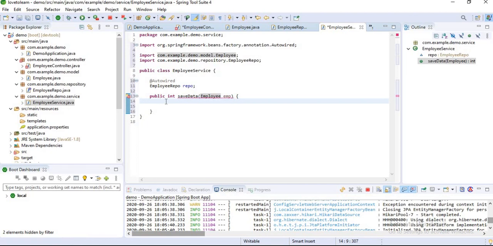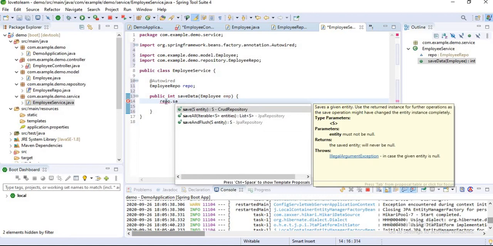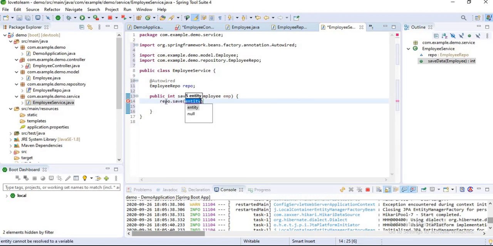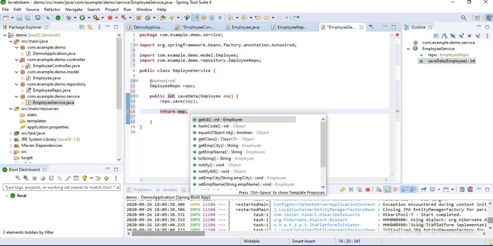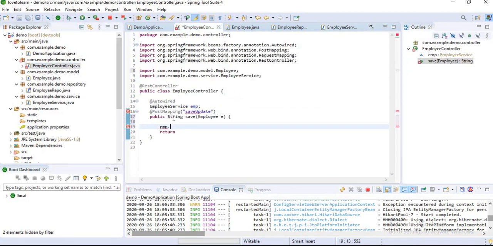Let's save our data in the repo. Repo dot, you can observe here we have many methods, but I want to save my data, so I clicked on save, and now my data is saving. And now I want to return my ID. Okay, in my employee ID, let's click on employee dot get ID. Let's save it once, and let's change its return type to int.